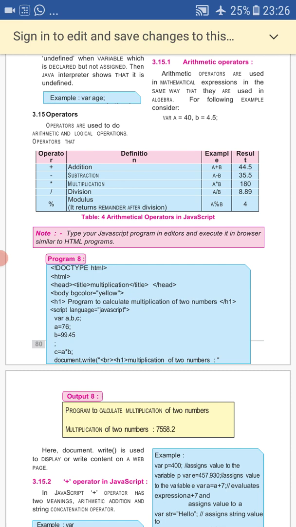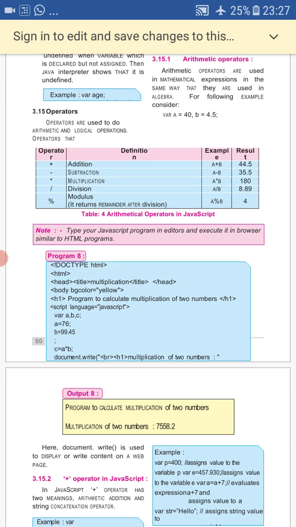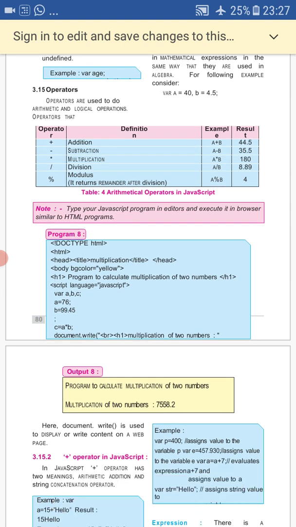Write a JavaScript program to perform multiplication of two numbers. So what you have to do is HTML, head, title, then you can set the body color if you want. Then you have to start with the script language equals JavaScript, which indicates that this program is of JavaScript.